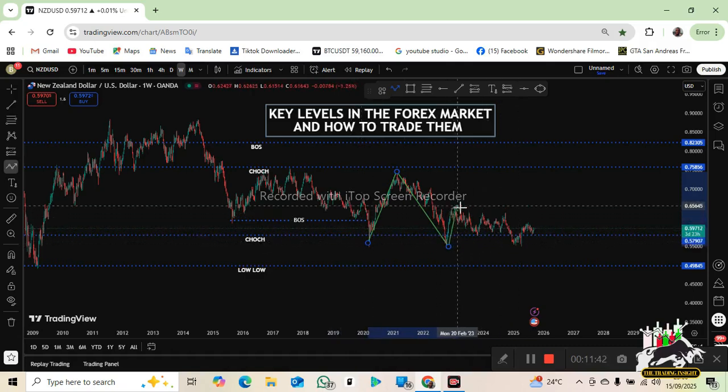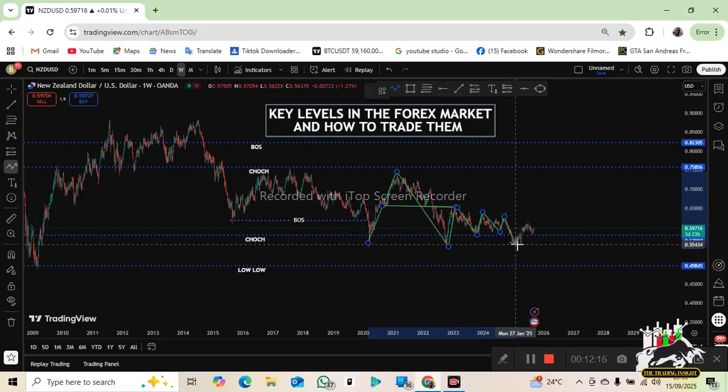Now price came, retested this place. This is a change of character. This place you're seeing here is also a change of character inwardly. We have an external move and an internal move. Now internally, this is a change of character. That's why you see the market rejects here at this point. This is an internal change of character, and then after that it came down, gave us some